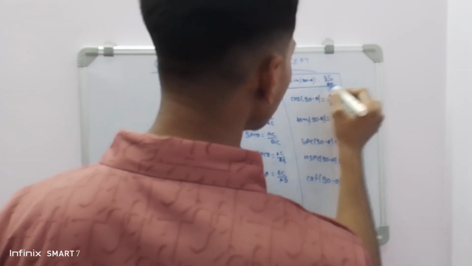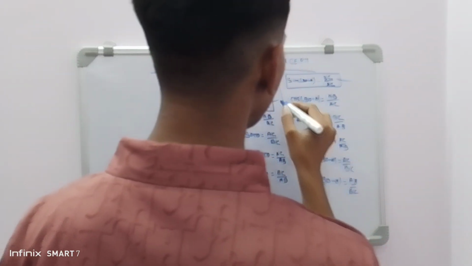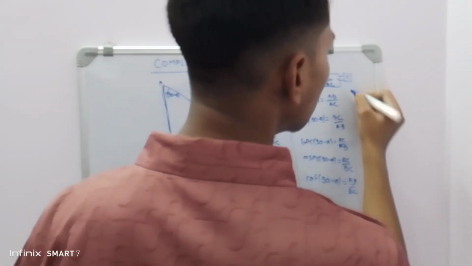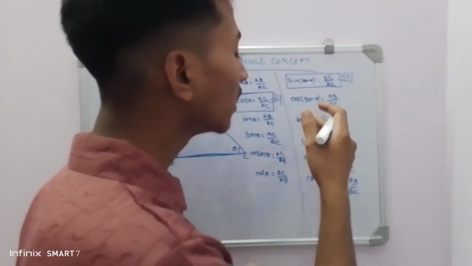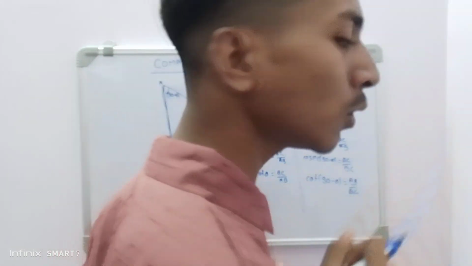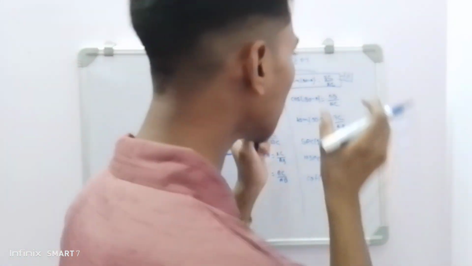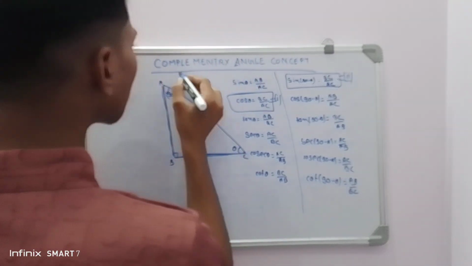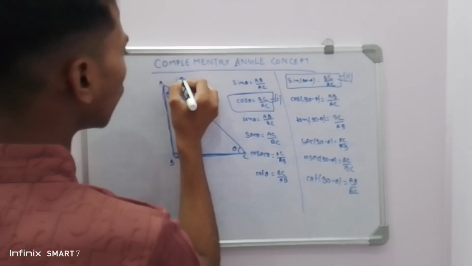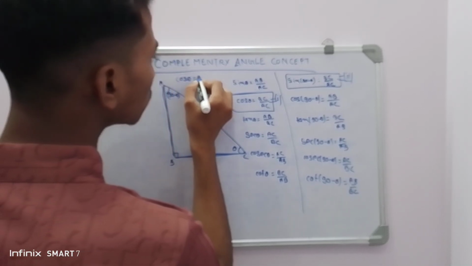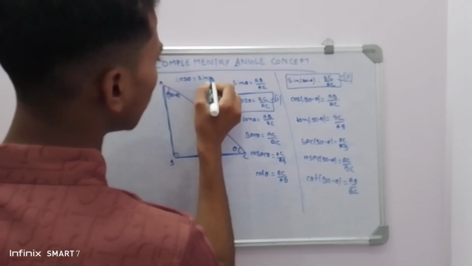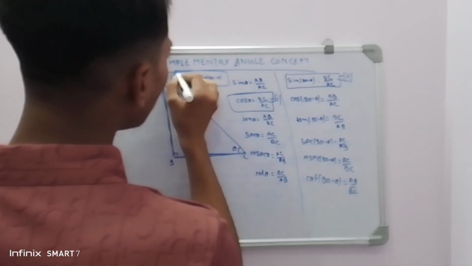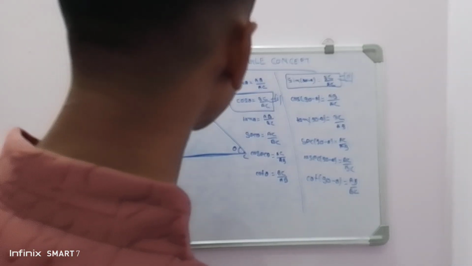That means the LHS is equal in both of the equations. Let's name them the first equation and the second equation. If the RHS is equal in both equations, that means the LHS will also remain the same. So from 1 and 2, you can say that cos of theta is equal to sine of 90 minus theta. Like this, this is an identity of trigonometry.